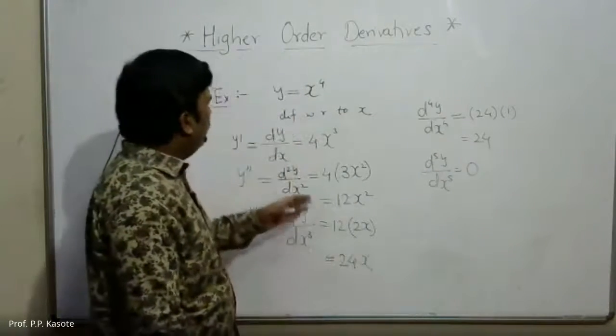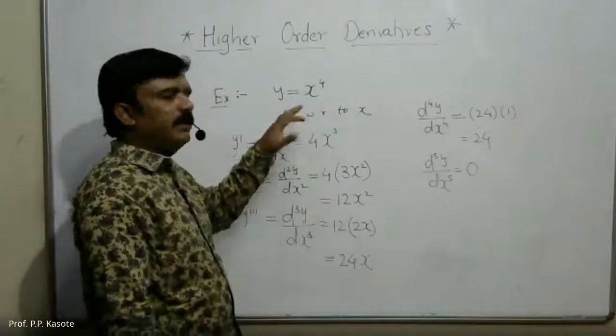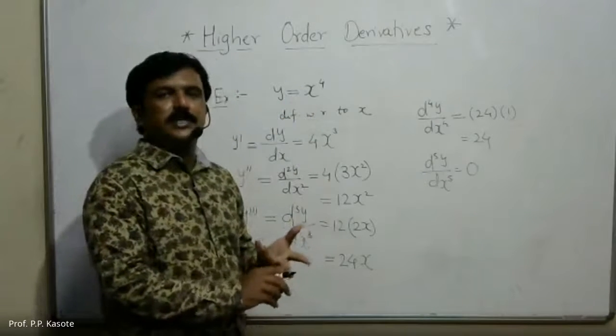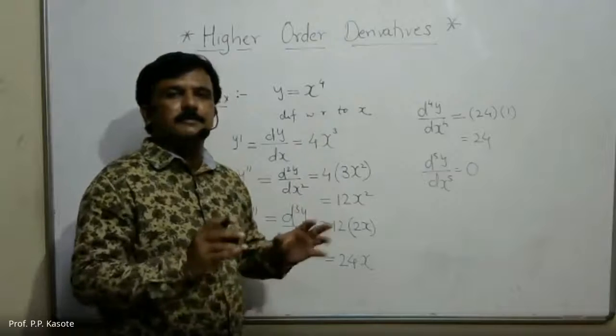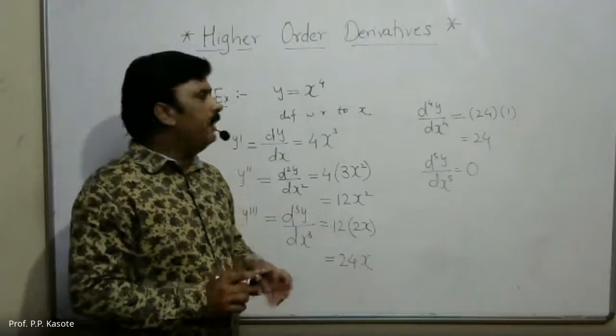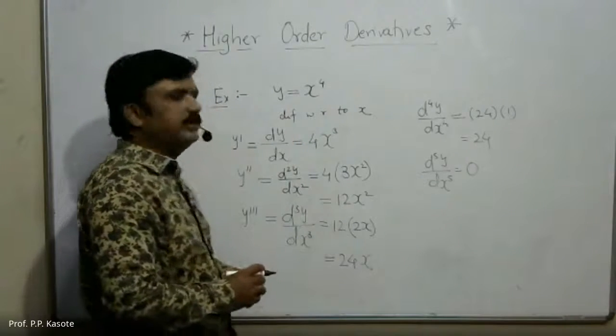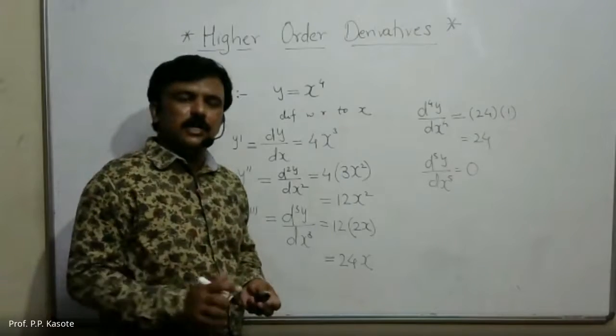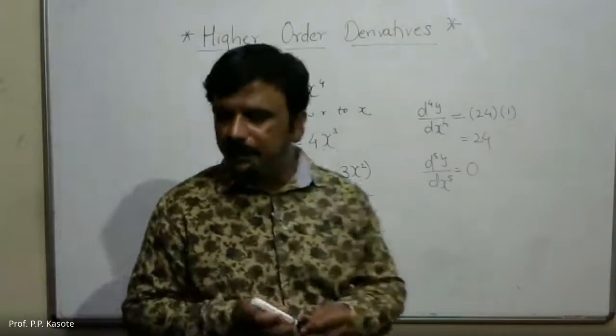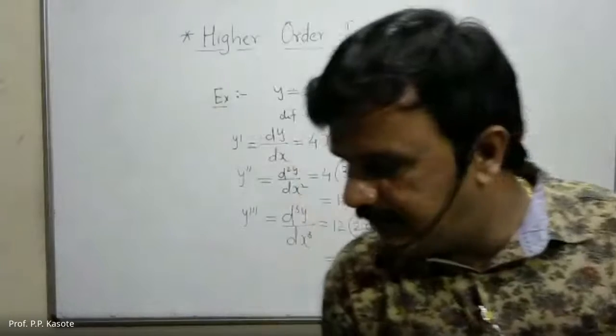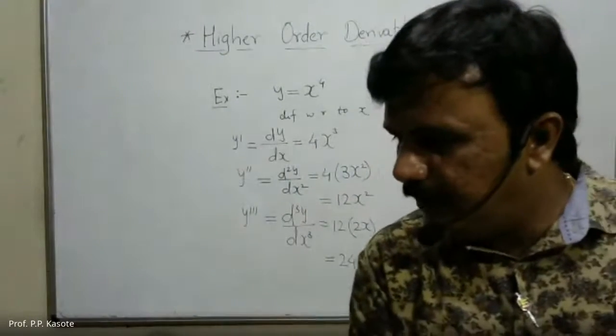Okay, now it means that we can differentiate a function once, twice, thrice, or many times as per the requirement, depending upon the nature of the function. Okay, all of you understood? Now let us see some more examples based on the same. I have some nice examples to explain the same.